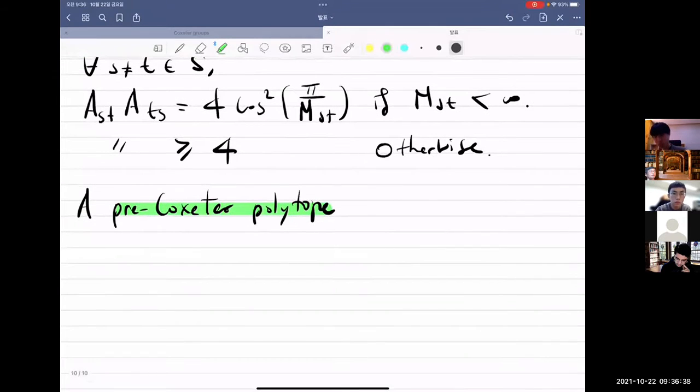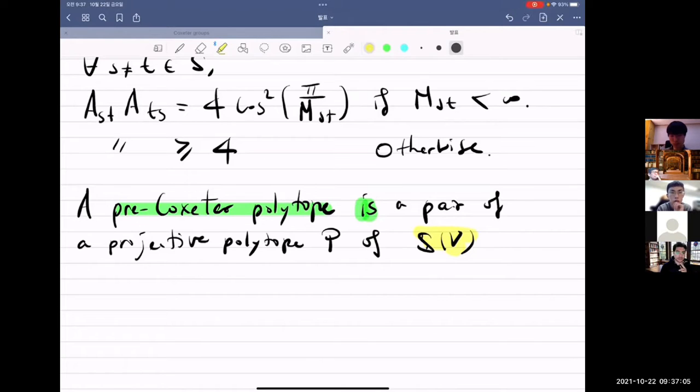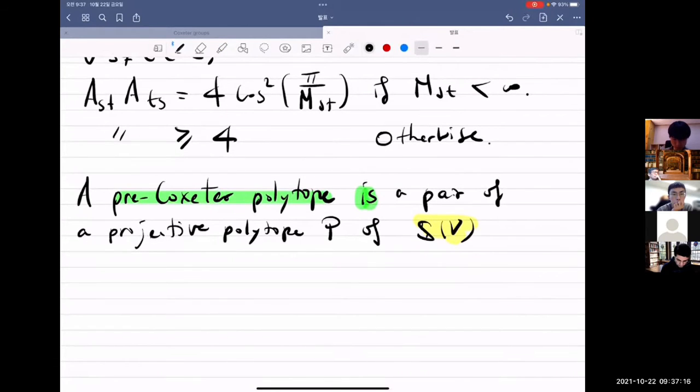So the pre-Coxeter polytope is a pair of a projective polytope P in S(V). Here S(V) is the projective sphere, simply the set of all rays in the vector space V. So more precisely, this polytope P we can write as the intersection